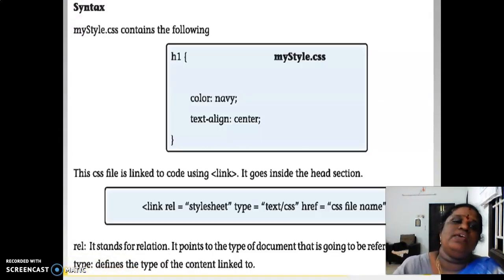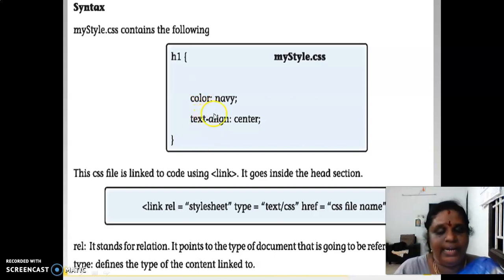For the syntax, see here, mystyle.css. This is the mystyle.css file. It contains only the style elements, such as color and text align. No HTML tags are used. This is called the selector and this is called the declaration or definition.